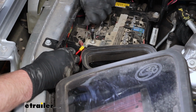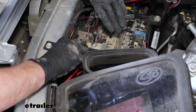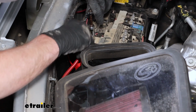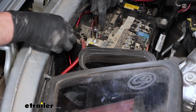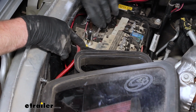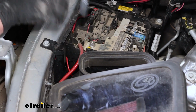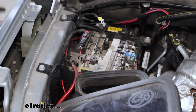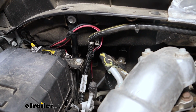I'll loosen the nut back up and then just slide this underneath of the nut, connect it that way. So I'll tighten it back down, and then I'm going to do the same thing for our negative post there. The pink wire, like I said, will run inside of the cab of the truck, and